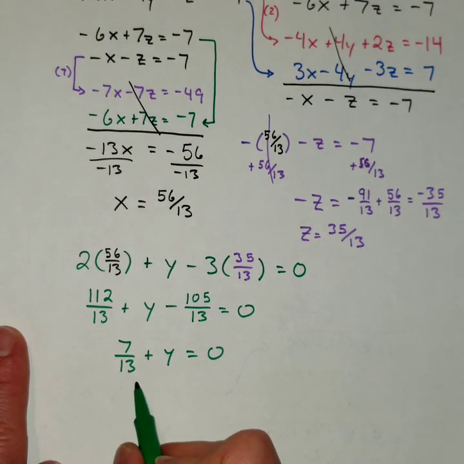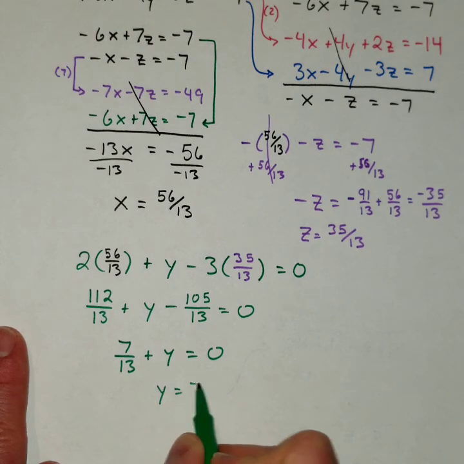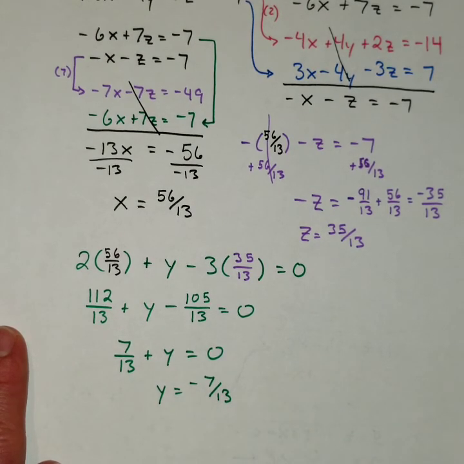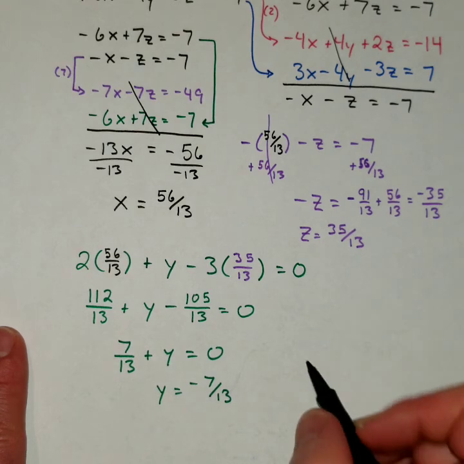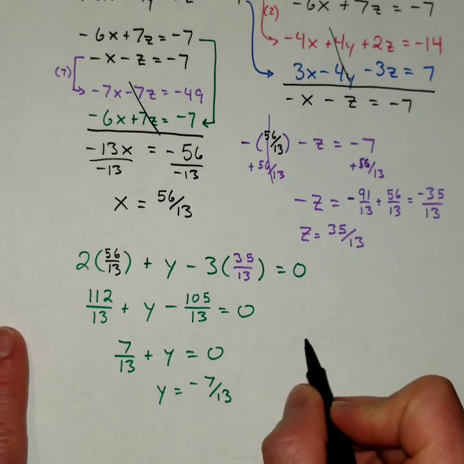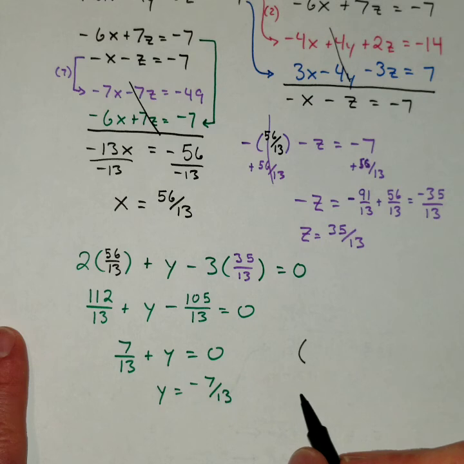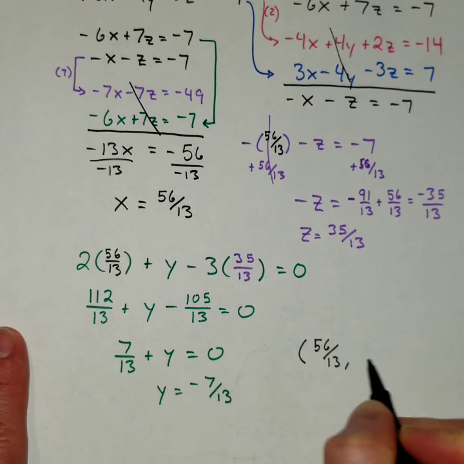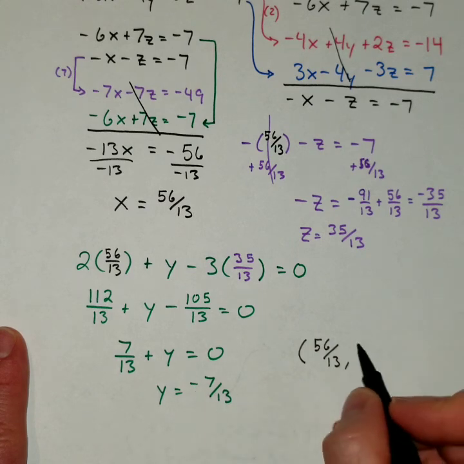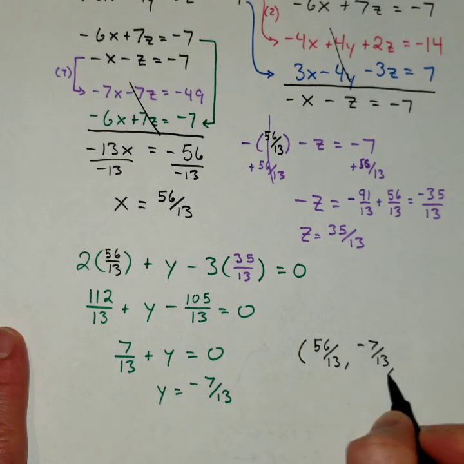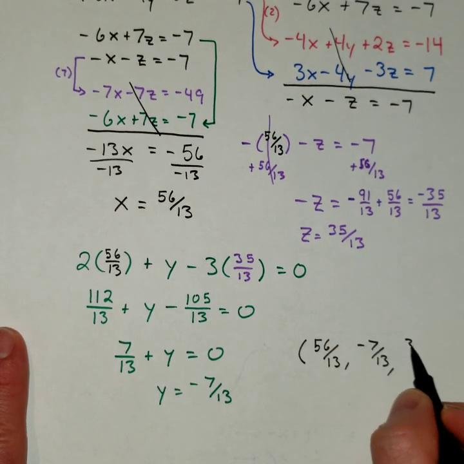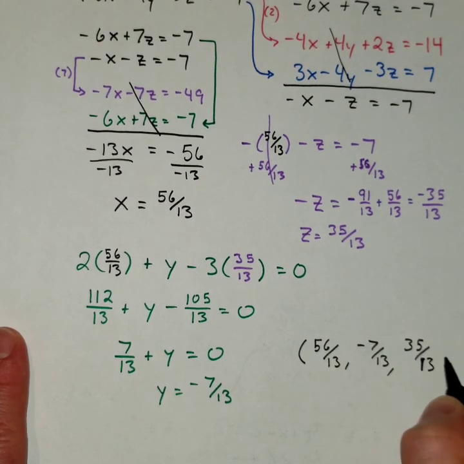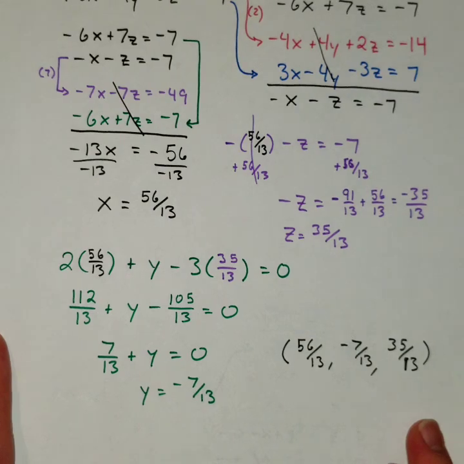Subtract from both sides the 7/13, and you get y equals negative 7/13. So my final answer should be the ordered triple, 56/13, -7/13 and 35/13. And of course, we should always